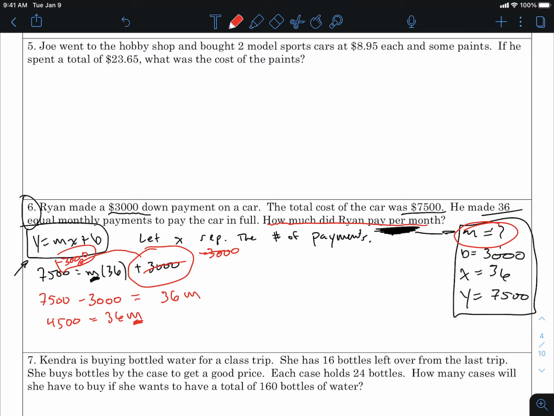And so to get M by itself, I'm going to divide both sides by 36. Right? And so 4,500 divided by 36 should be a number, whatever that number might be. 125. So that must mean, therefore, Ryan